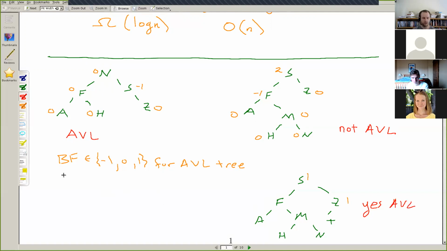So our condition here about this balance factor, the purpose of it is to enforce that the tree is going to be balanced. In particular, it'll enforce that the height will be log n. There are other rules that we could have that would also enforce that the height is going to be log n, and those rules may or may not satisfy this rule as well. So for the red-black tree, for example, the other one that's commonly taught,